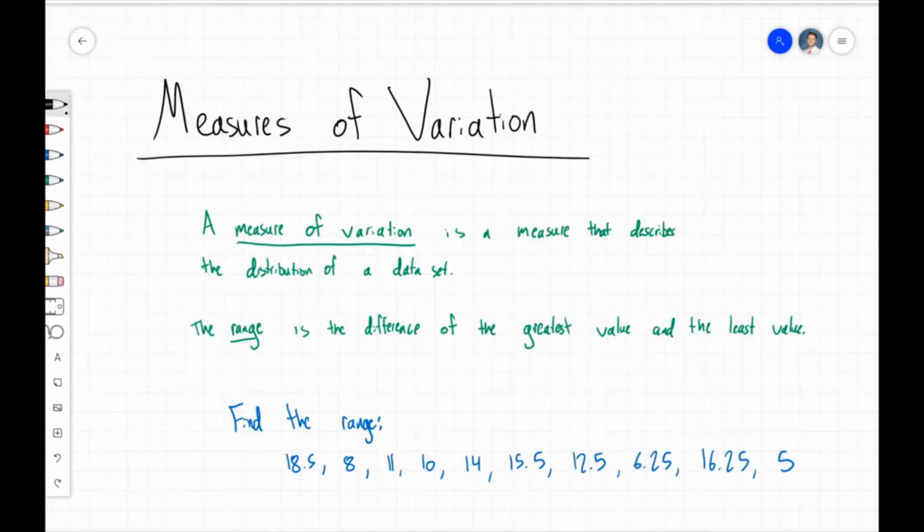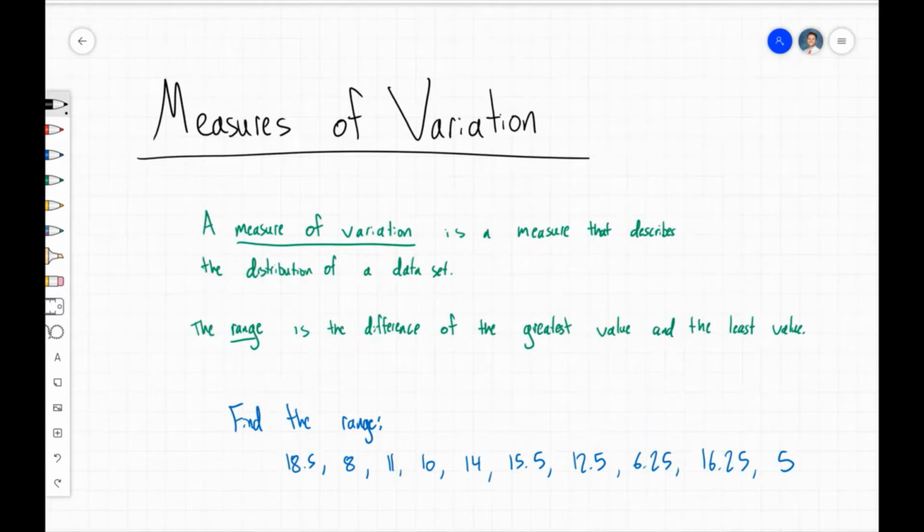So previously we talked about measures of center in our statistics. Now we're going to talk about measures of variation. A measure of variation is a measure that describes the distribution of a data set, so kind of where all of our data points are located. So the range is one of our measures of variation, and it's simply the difference of the greatest value and